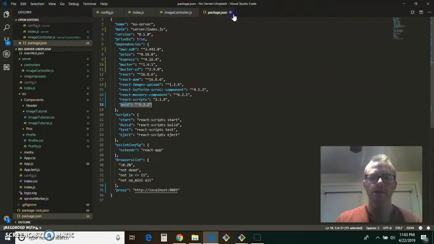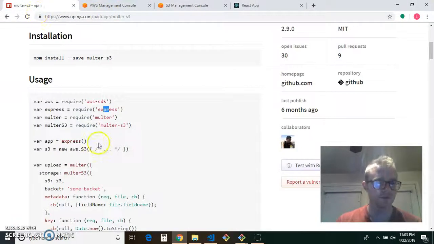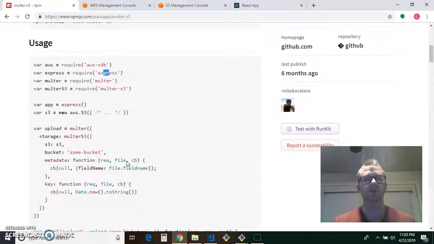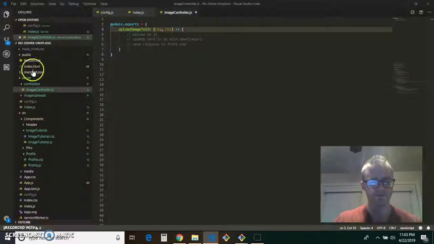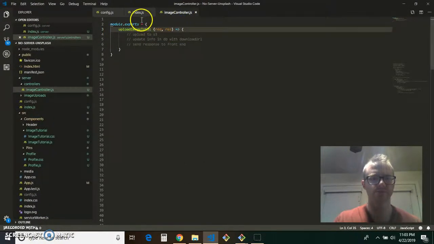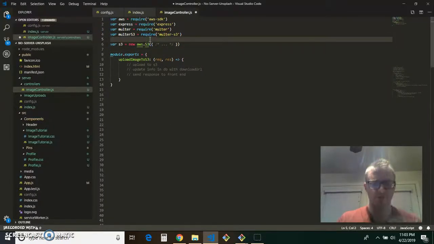So npm i all of those packages, and then this is the basic tutorial we're going to follow. We already have index.js set up with our Express application, so we don't need that here, but we are going to do